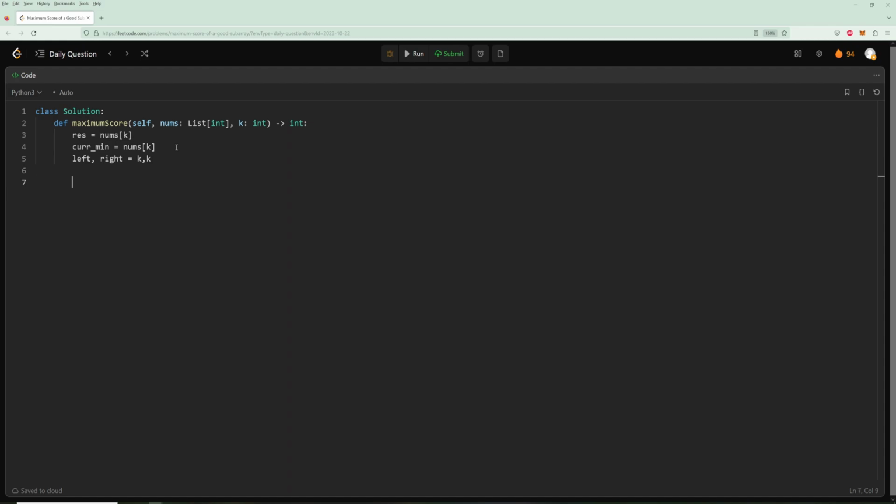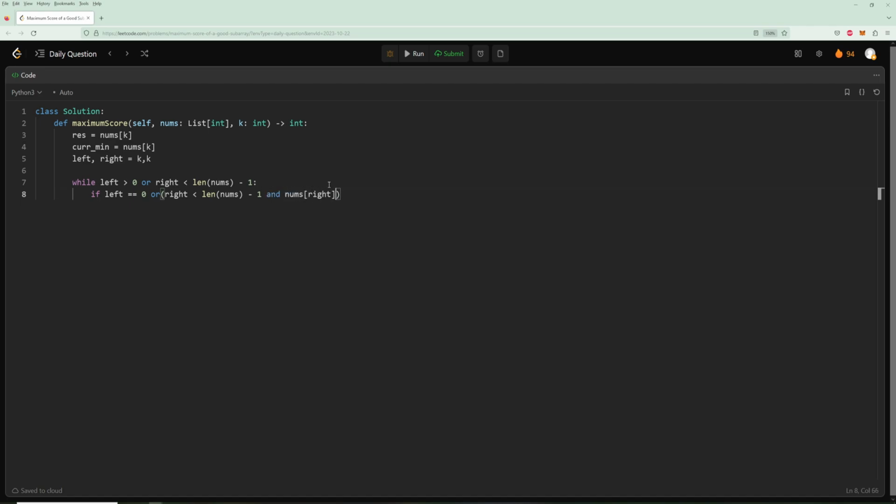So now we just have to make a while loop to make sure they're both in bounds. So while left is greater than 0 or right is less than length of nums minus 1. And essentially the reason that left has to be greater than 0 and not equal to 0, is because if left is equal to 0, then we can't go left anymore, right? And similarly, if right is equal to length of nums minus 1, we can't go right anymore. So we have to be able to go left or right. So if left equals 0, that means we can't go left anymore, or right is also valid, so right is less than length of nums minus 1, which means we can go right, and the right value is better, so nums[right